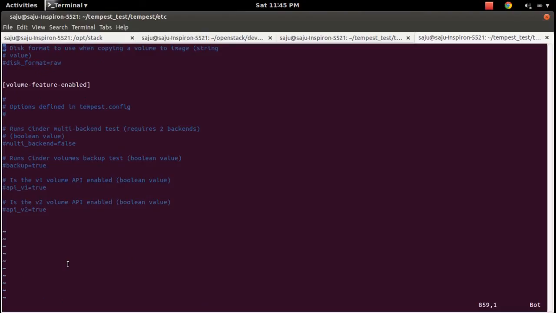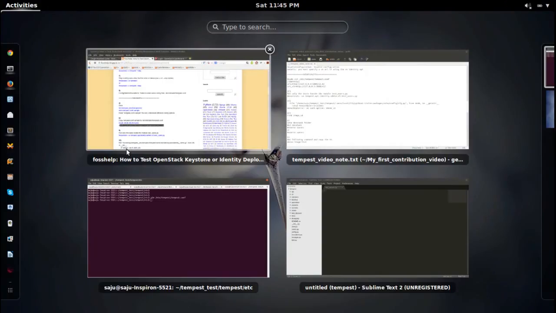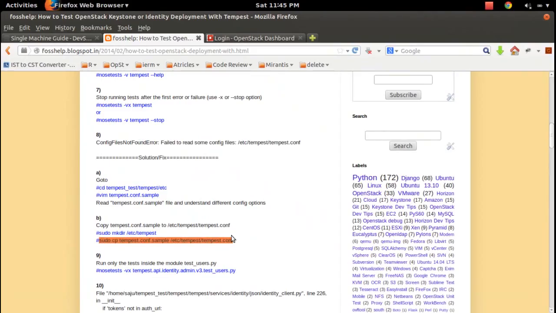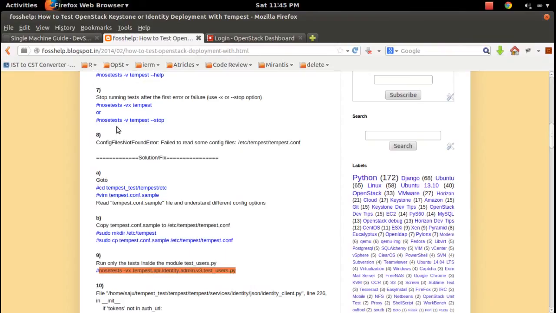Okay, let me close this file. So I copied that file. So let me run that command again. This time I am not going to run this command nosetests -v tempest. So I am going to run the different one. So this is a simple one. This command,